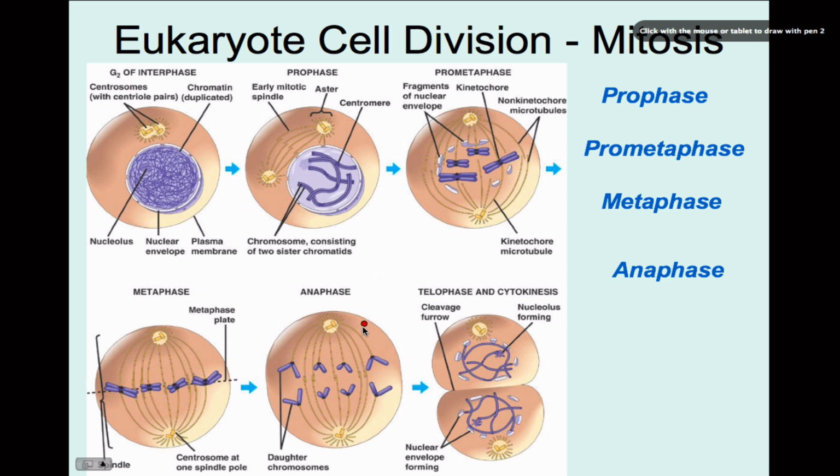All right, then we move into anaphase. And during anaphase, these sister chromatids, they break apart, and these spindle fibers are pulling them. So during anaphase, we see that these spindle fibers get pulled to the poles. And so they've broken apart, and you have the sister chromatids broken apart, and each half goes to one side of the pole.